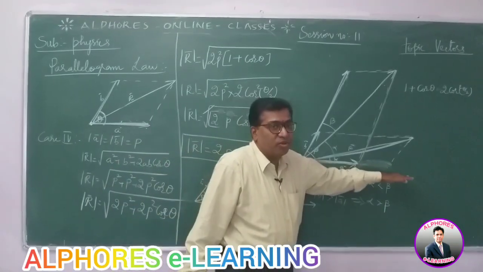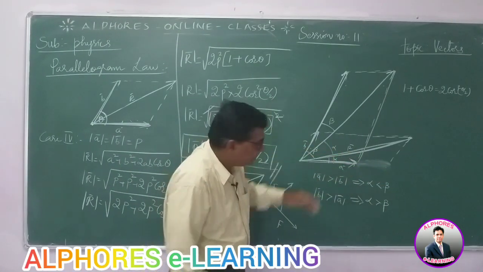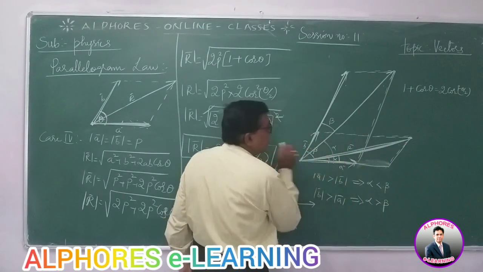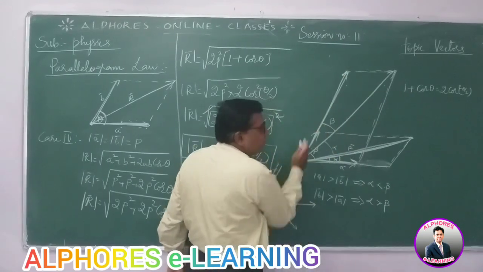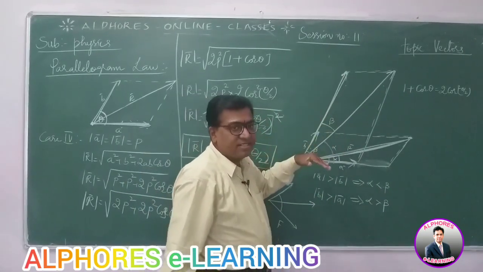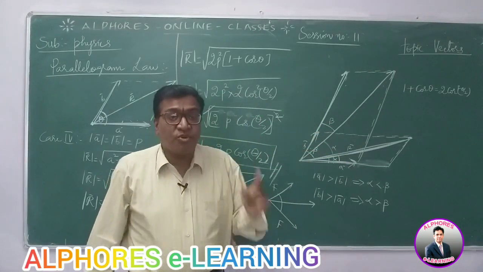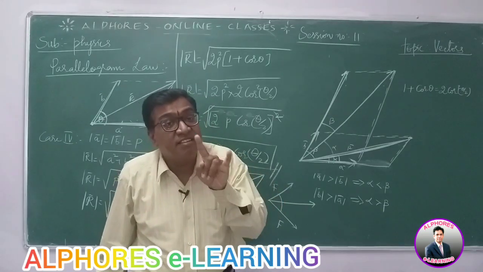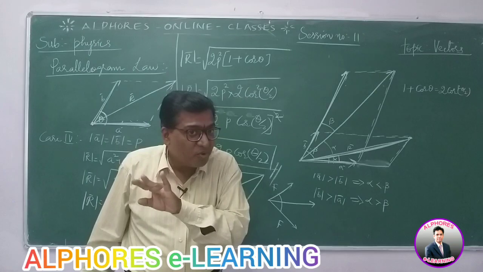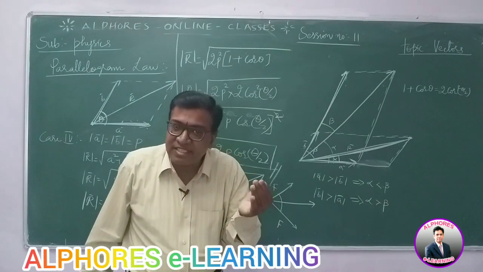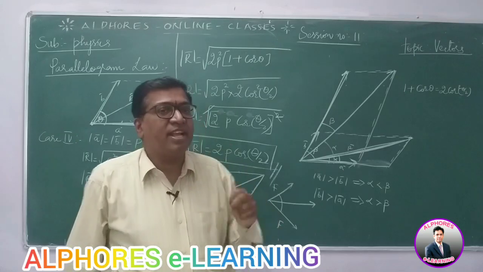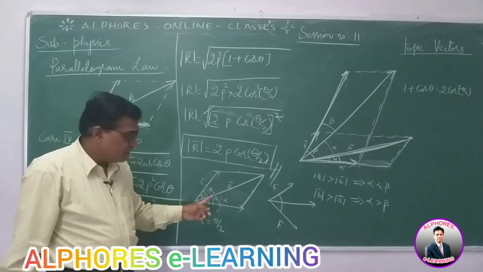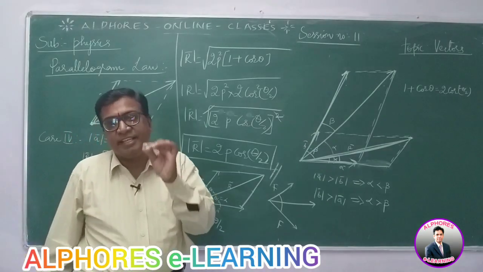If the magnitude of A is more, then the resultant will be towards A. This is the diagram: A more, then this is the resultant. This angle is less, this is more. But if B is more, then the resultant will be towards B, so the angle with B will be less and the angle with A is more. So the angle made by the resultant vector with any of the vectors varies inversely with its magnitude. If the magnitude is more, the angle is less. If the magnitude is less, the angle is more. If the magnitudes are equal, then the angles are equal: half of the angle theta, so it's theta by 2, theta by 2. A very good identity to remember.